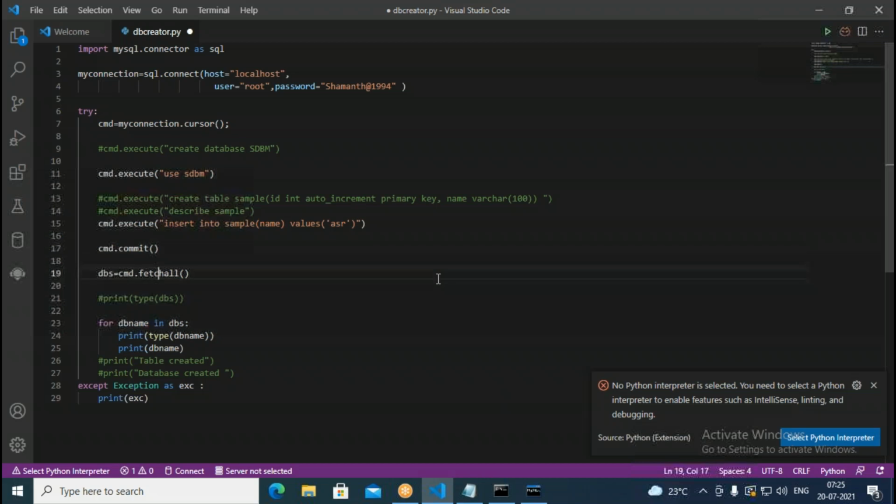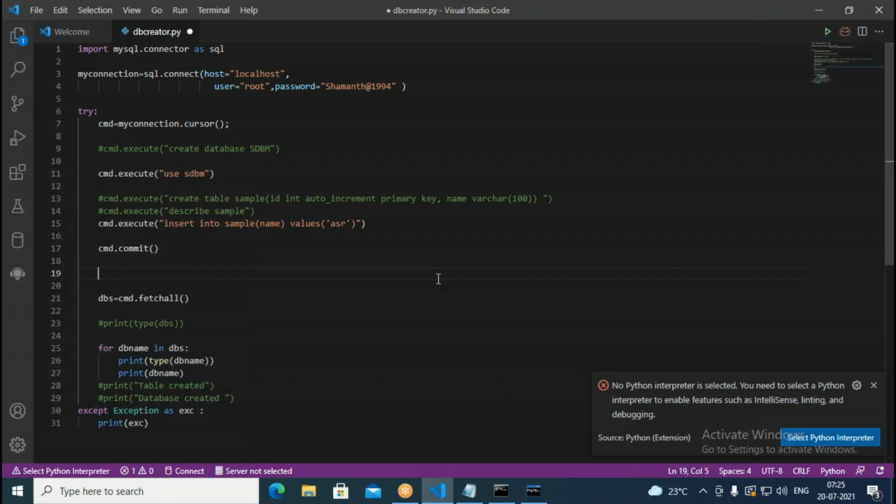Then after that, I come to this point and print here "Record inserted is". Then I write cmd dot row count. I can say how many rows are added. I can print it with this row count.